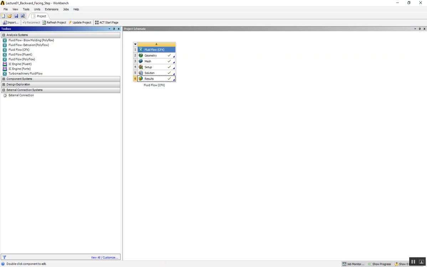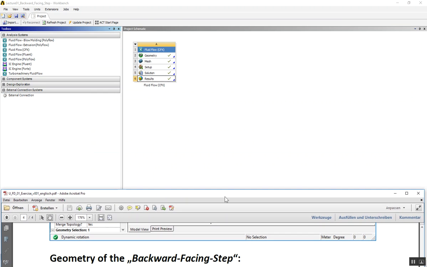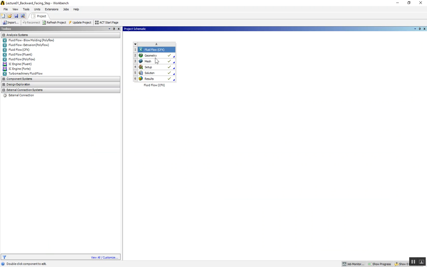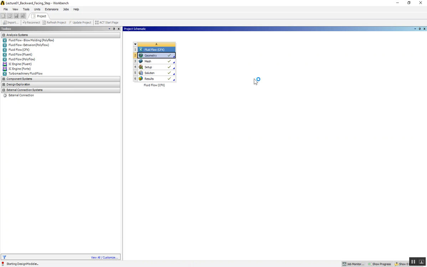And now we want to define these dimensions from the sketch. To do this, we go back to Geometry, right click of the mouse. Don't do the double click, please. Just open the Design Modeler with right click, and please do not open SpaceClaim. That's the wrong program. If you open SpaceClaim, you will destroy most of your data. Go to Edit Geometry,